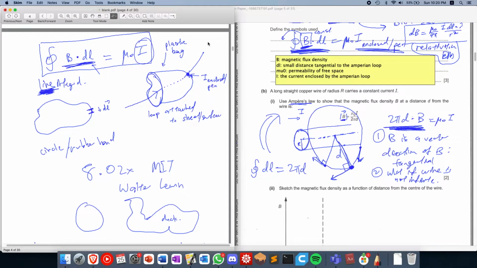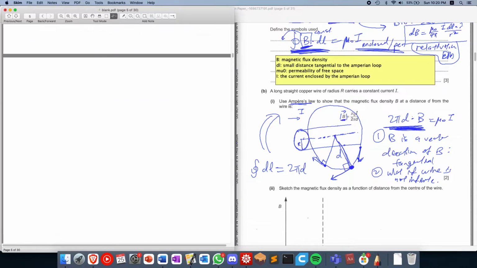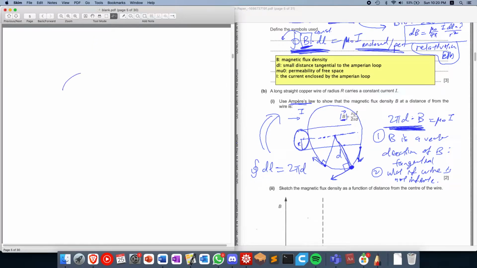If the wire was not infinite, let's say we had this, and the wire terminated, and then we have an Amperean loop like that. Of course the current flowing through the wire would generate some sort of magnetic field around this Amperean loop,